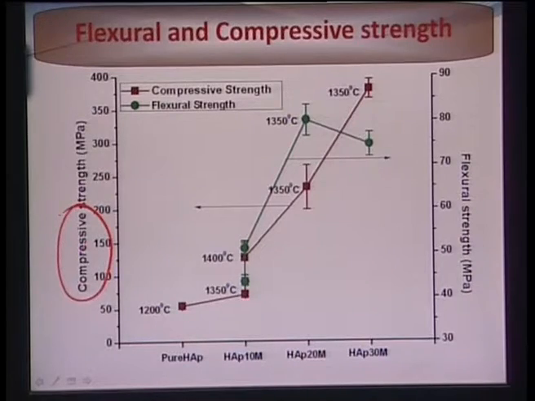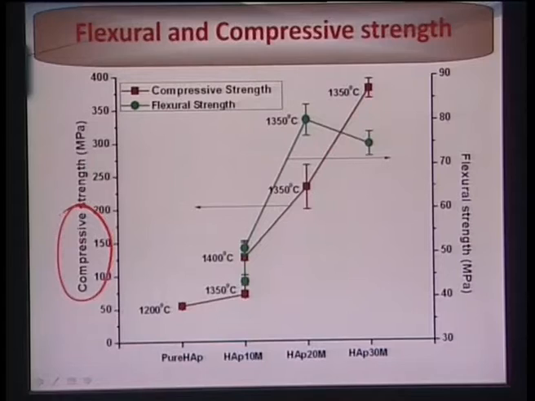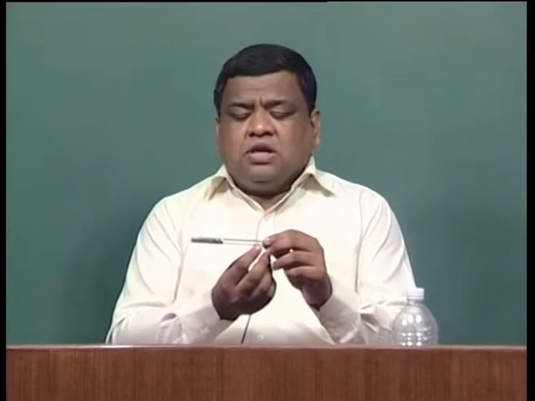Let's look at the strength properties. For ceramic materials, you can measure only the compressive strength. Compressive means you take a sample, you put pressure from both ends, and then you measure the load at which the sample breaks. From that you can calculate the compressive strength. We have also measured the 3-point flexural strength. 3-point flexural strength means you take a bar shaped sample and place this bar shaped sample on 2 support rolls.